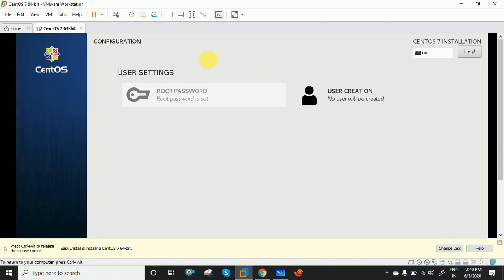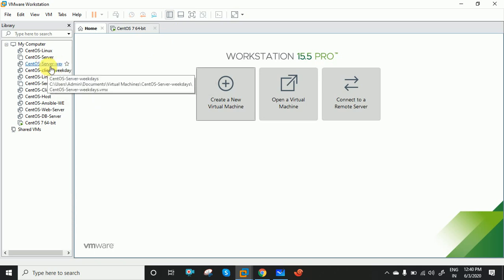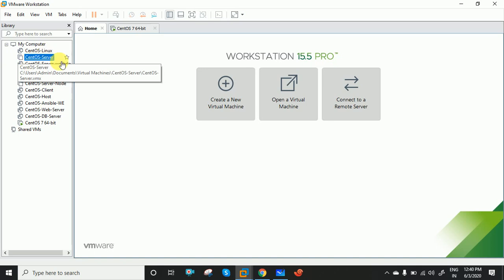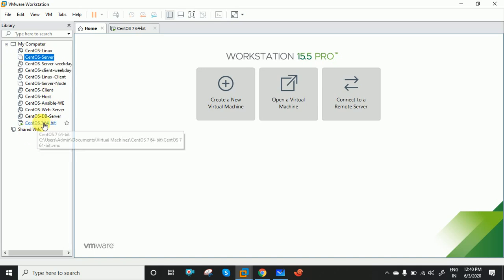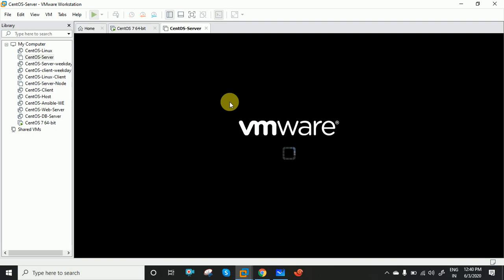But once it is done, what you will do, I'm going here for my existing operating system. Let's suppose I am taking any one of them. So here you will get the operating system, just like I gave the name, you can provide the name over here as whatever name you want, and then you are going to power on your virtual machine.